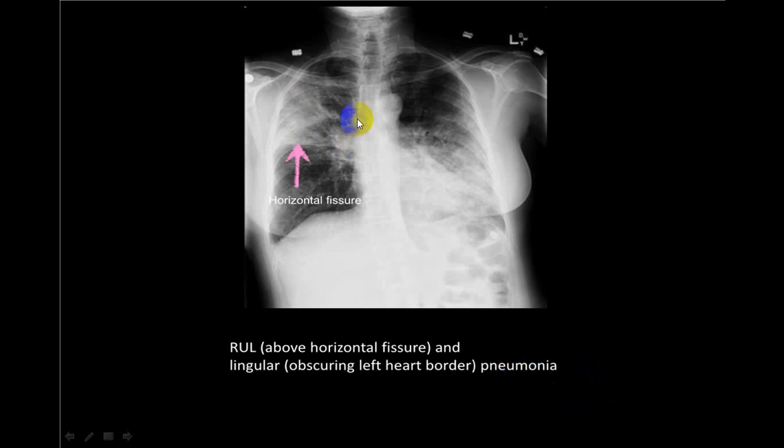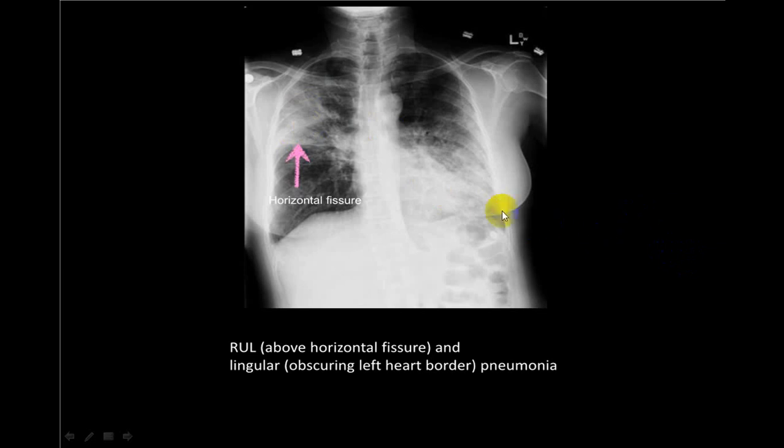Now, a little amount of this border I cannot make out. I cannot make out very clearly the margin of this. So this has to be an upper lobe. So this is a right upper lobe consolidation. But you should try to argue out why it is. Diaphragm I can see clearly, costophrenic angle I can see clearly. Even here, left border of the heart I cannot make out clearly. So this has to be a left lingular lobe involvement also. So there is a left lingular lobe consolidation plus right upper lobe consolidation. So two lobes are involved, bilateral consolidation.